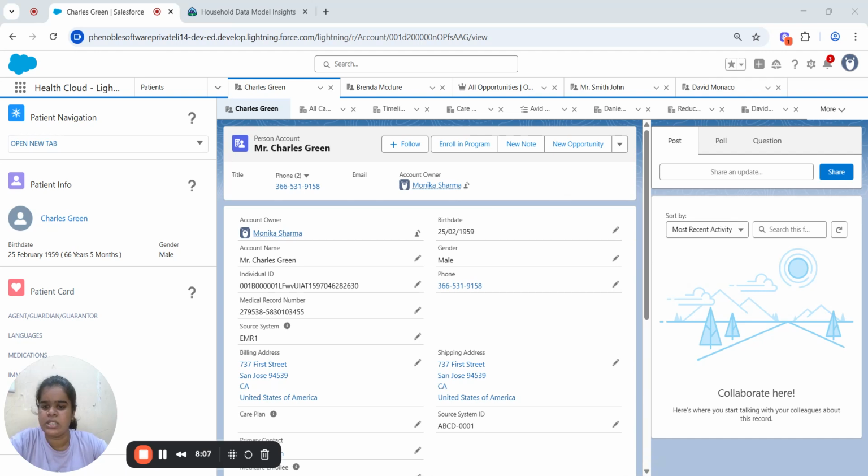So when Charles visits a clinic or a hospital, a clinical encounter record is created in our Salesforce, right? This links Charles to the facility and provider like a doctor, or the reason for the visit like the kidney stone. Okay, the reason for visit and diagnosis. The ninth point is reason for visit and diagnosis.